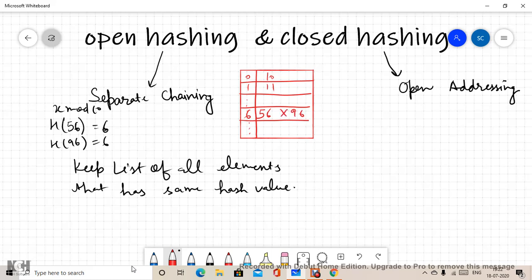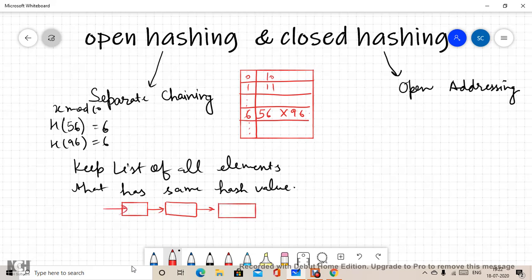So rather than storing the elements directly, we keep a list of all elements having the same hash value, and on this location we will have a linked list of this shape. I hope everyone has earlier studied linked lists.